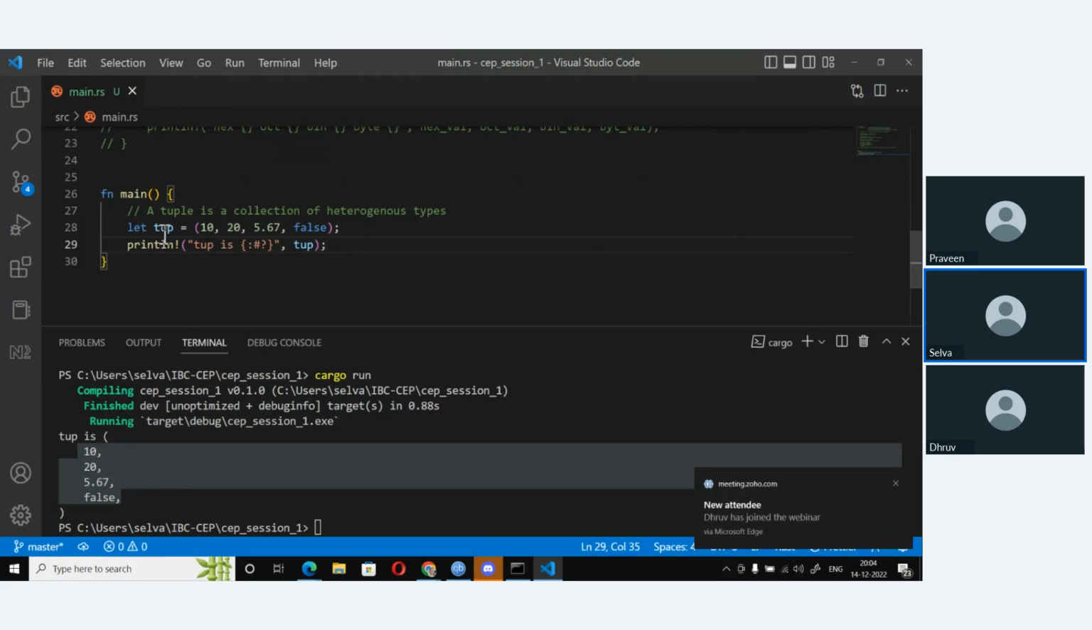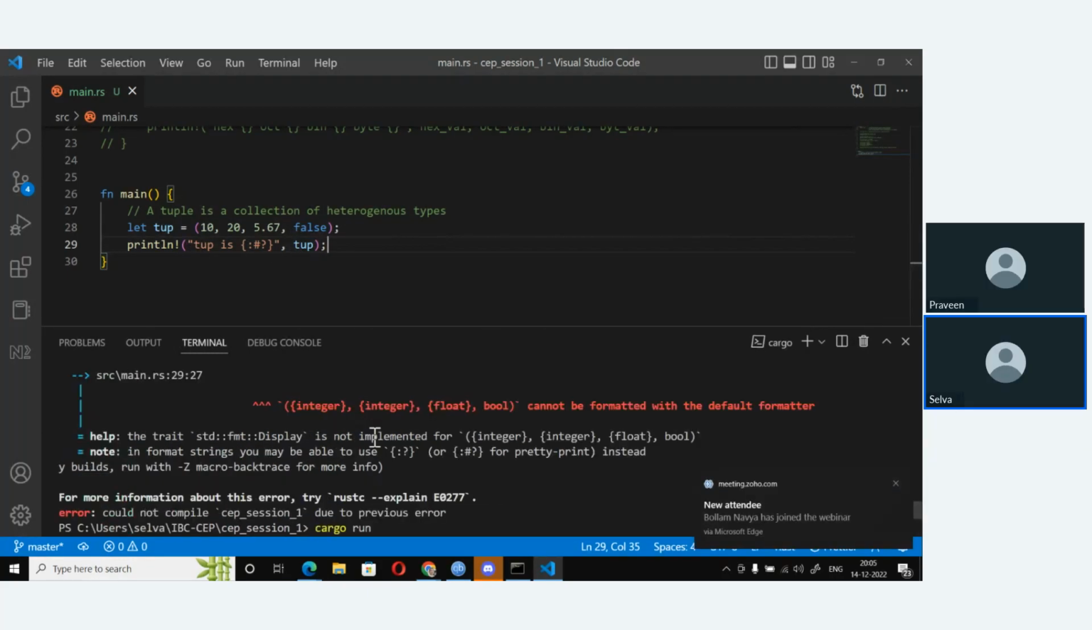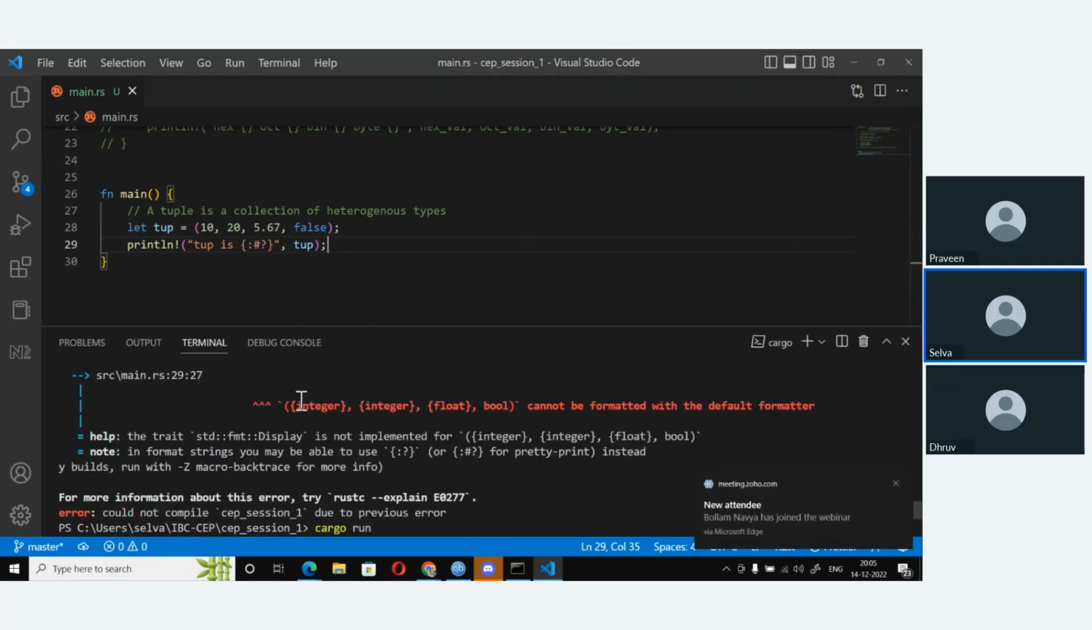Now, what actually goes on is that it's a collection of multiple values. Okay, now when you give these values 10, 20, 5, and 6, 7, and false, if you see here the first time when we did integer, float, and bool, it automatically inferred the types. Suppose you want to create a tuple, okay,